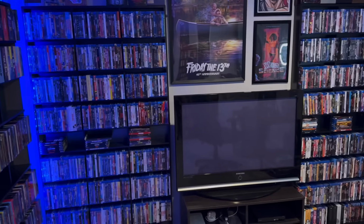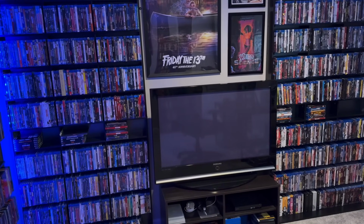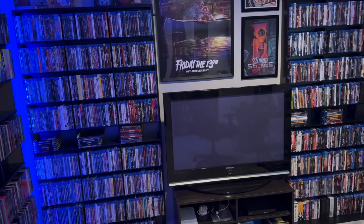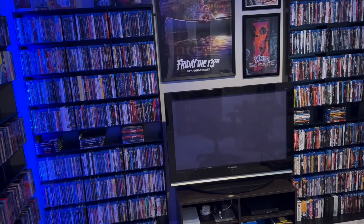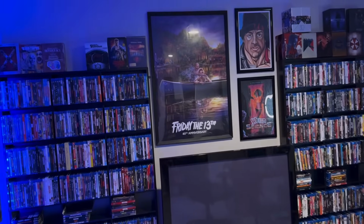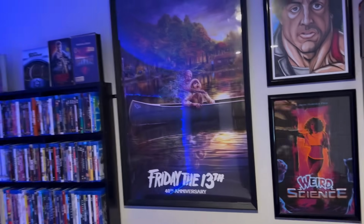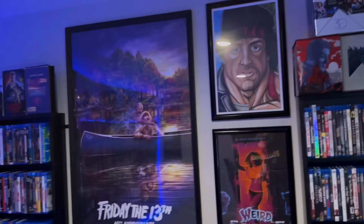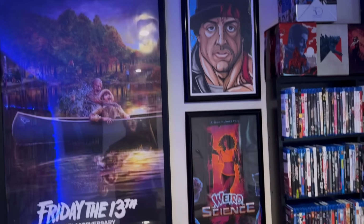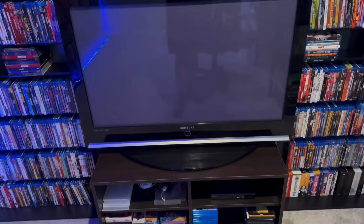But a big change I made is I moved my 42-inch plasma TV over here, which I watch Blu-rays and also DVDs on. DVDs actually look really great on that plasma. So if I'm going to watch a DVD, I prefer to watch it in here. I also hung up some posters above it, which I think look pretty cool. I like my Friday the 13th Scream Factory poster. That's a really cool Rocky Rambo mishmash. Weird Science. Again, I think I already covered all this stuff, but this was a change that I made because